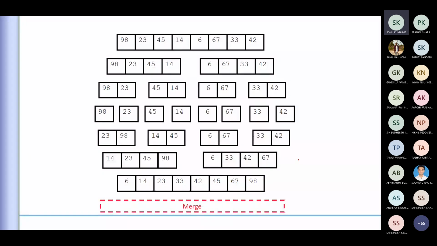The space complexity or the time complexity in this? Yes, anybody? Can you answer that? What will be the time complexity?